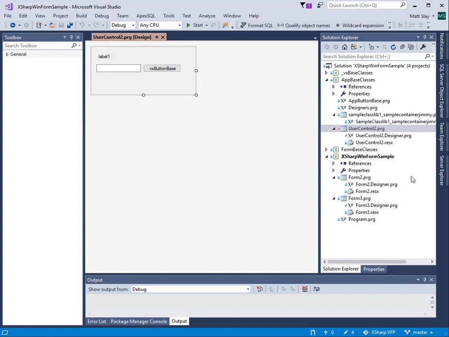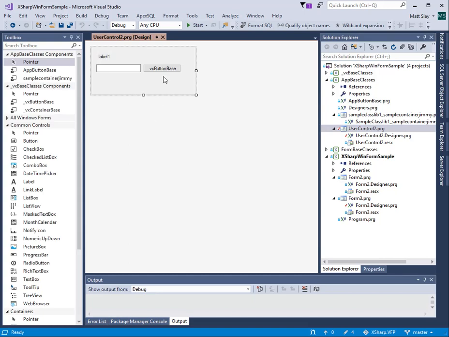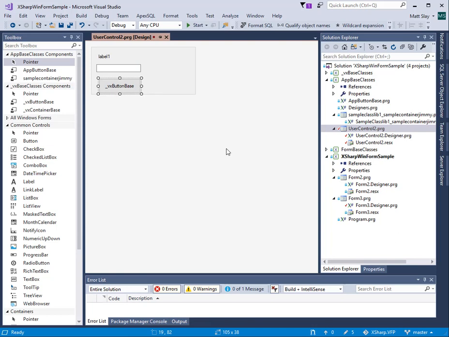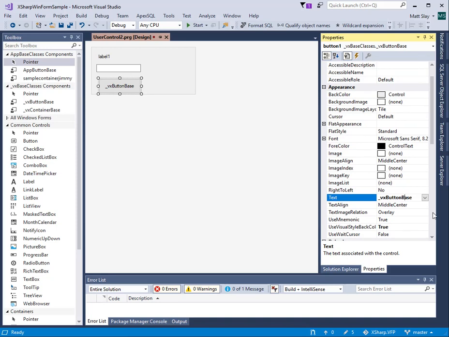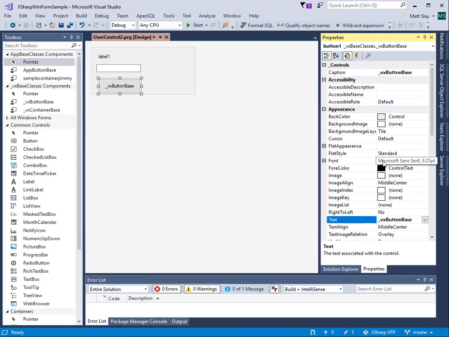But watch, I'm going to go back into the user control itself. And let's say I wanted to move this button down here, and perhaps I wanted to make the button bigger, and let's say I wanted to change the caption of that button. So if I come over here and say, where's caption at? Is it up under here? Let's see if I can't do it just under text. New caption. Okay, so I've made some changes in my base user control here,